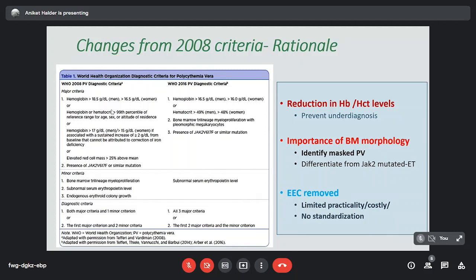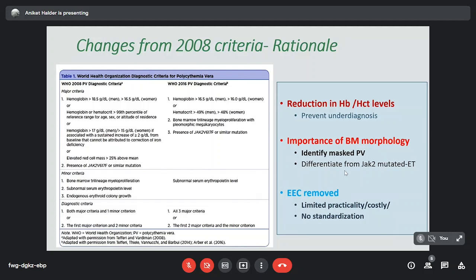The second important change is the inclusion of bone marrow morphology in the 2016 WHO criteria. This has been done because it has been seen that polycythemia vera has an early or masked polycythemic phase, in which there can be only mild erythrocytosis in routine investigation and the peripheral blood smear. But if we do a bone marrow biopsy, there can be presence of panmyelosis with trilineage hyperplasia. So, for identification of masked polycythemia vera, the importance of bone marrow morphology has been included in the major criteria. And thirdly,